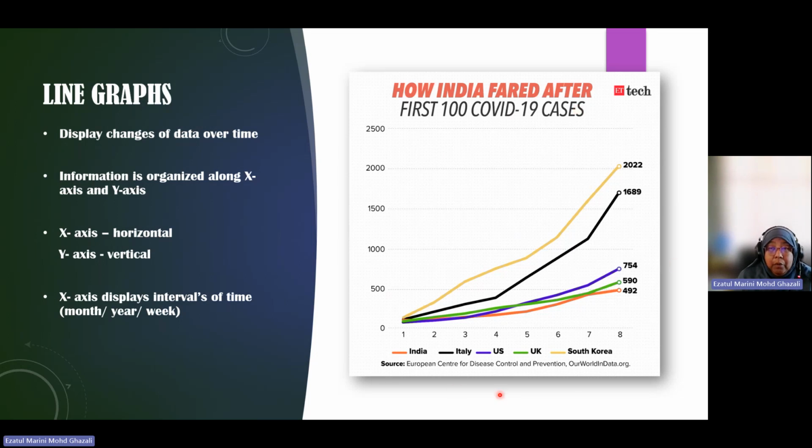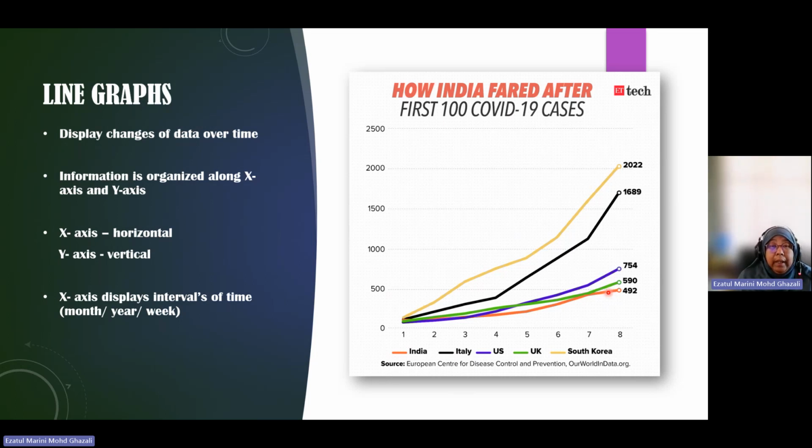Okay, because how do you know that we are comparing it with other countries? Because we look at the legend, we can see that there is India, Italy, US, UK, and South Korea. So you know that South Korea is the yellow line, the black line will be Italy, the blue or purple one is US, and then the green one is UK, and India is the